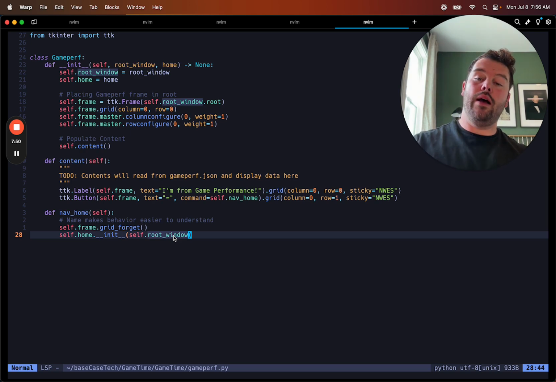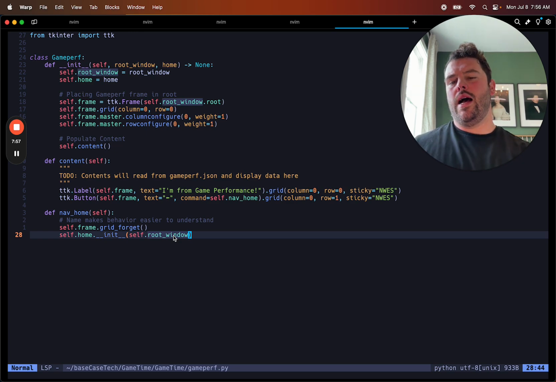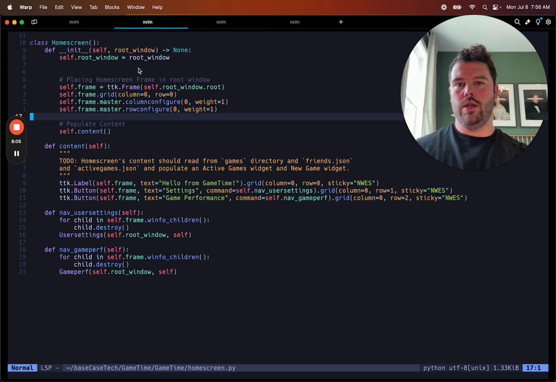One of the things I thought about is, well, okay, I'll import home screen and then I'll remake the contents. I might be able to just call content. Home screen, where is it at? Here we go. I might be able to call content like self.home.content now, which I think at that point you'd be able to maintain this self.home. But anyways,